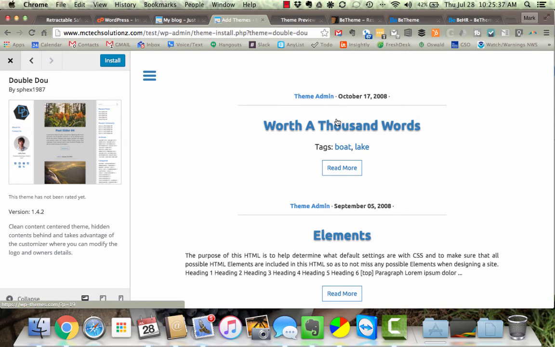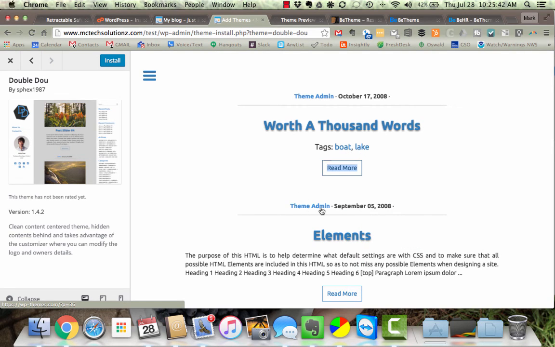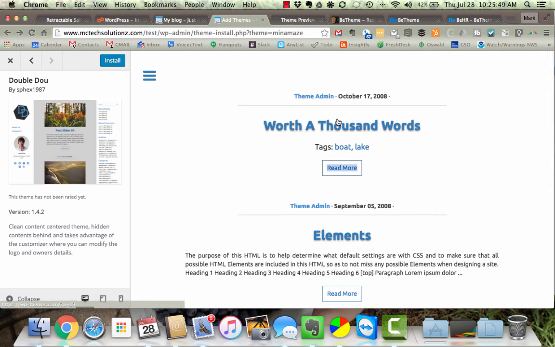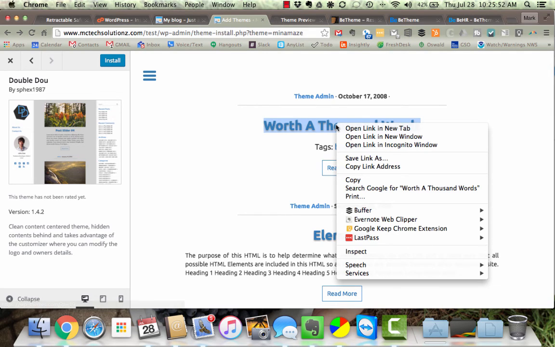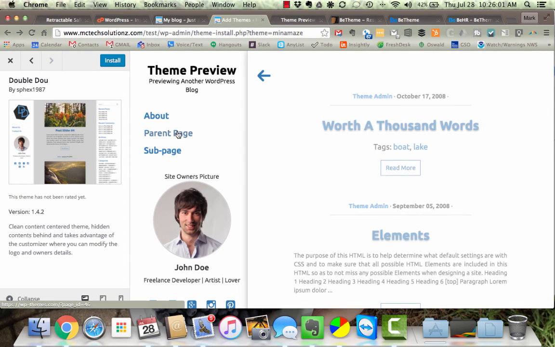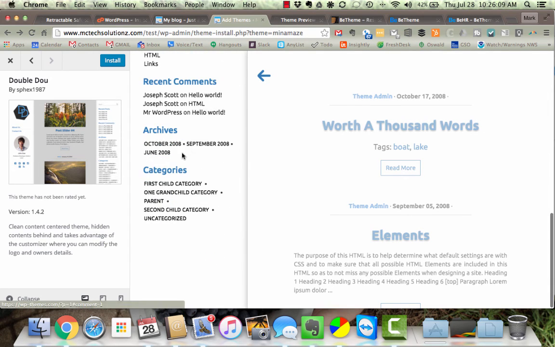Okay, now see there it has a date. Would that be the creation date? Not particularly. Where's it sending us to? I'm trying to see where this is sending us to. I might have to do a little more research for you on where to find the info on these free themes, because